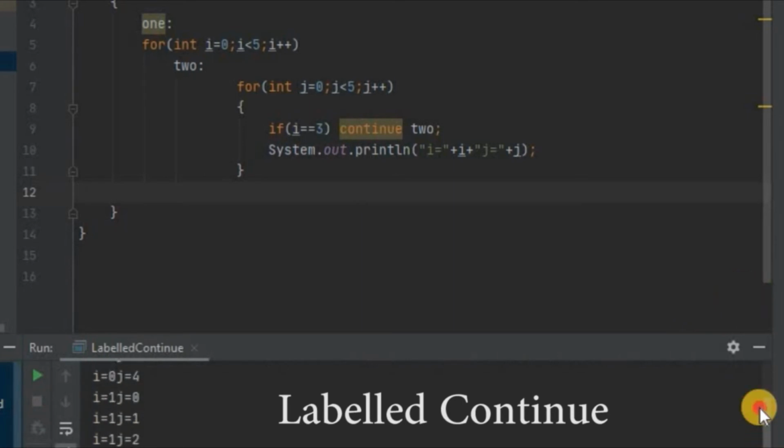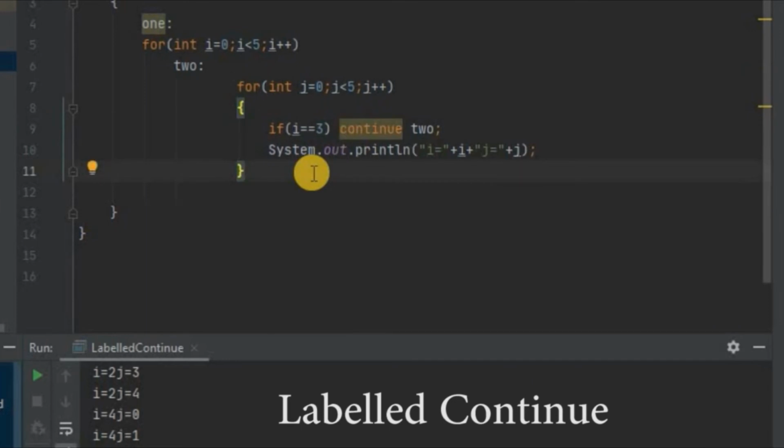Okay, now see the result. i is equal to 0, till 4 it is repeated, 1 till 4 it is repeated, 2, j is repeated up to 4, again 3 is not there. Again 4 1, 4 2, 4 3, 4 4. That means in continue, if you take continue 1 as well as continue 2, both will act in the same way. Just work on these things and try to find out the difference.